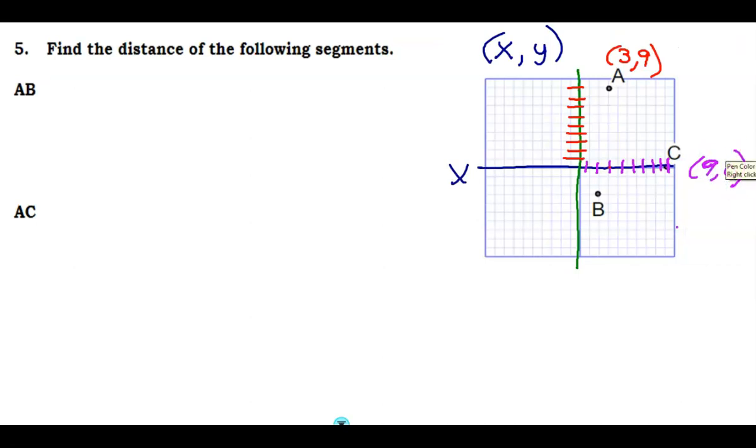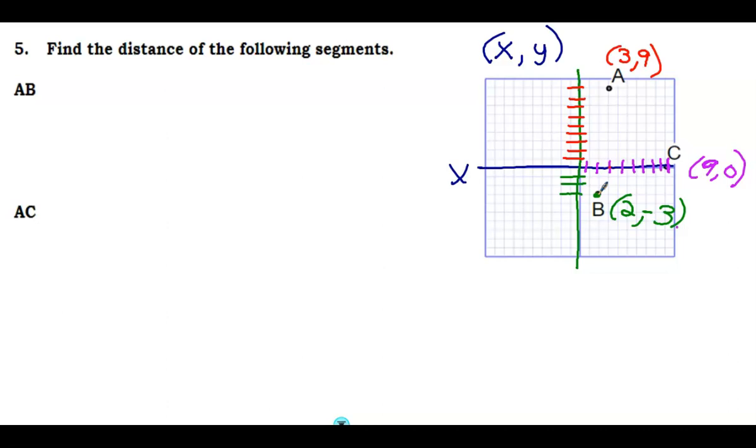And then the B, it's going over 2. So the x is 2 and the y, 1, 2, 3. Looks like the y is going down 3. Okay, so over 3, positive 3, and then down 3 would be a negative for the y value. So x and then y. It's actually at the 2, 3. There we go. Over 2, down 3. All right, so now that we have our points,